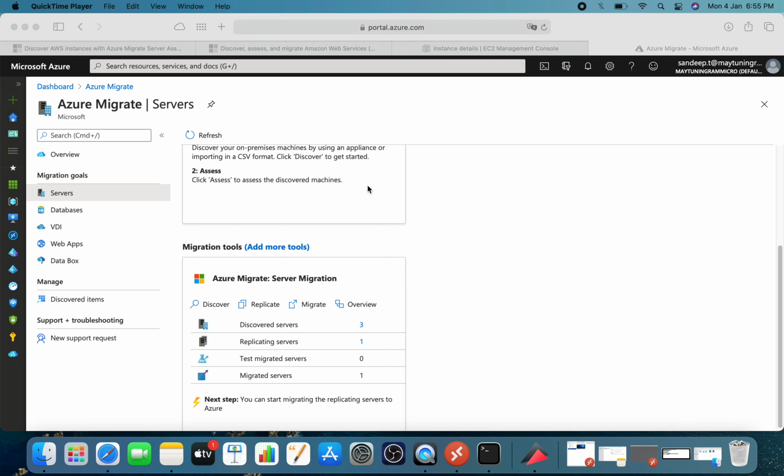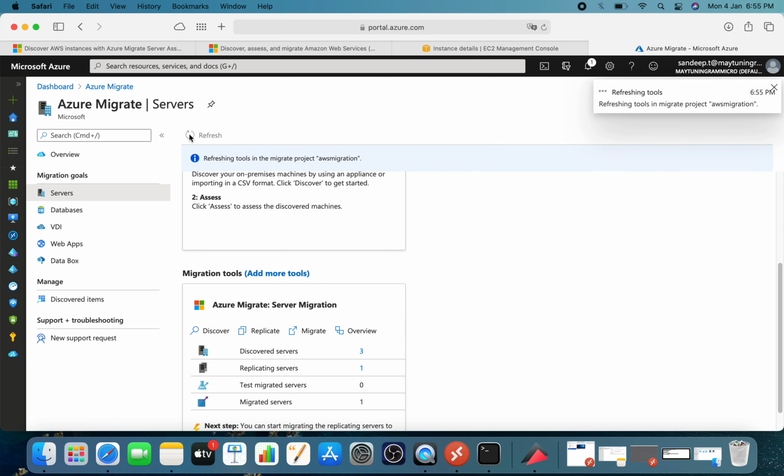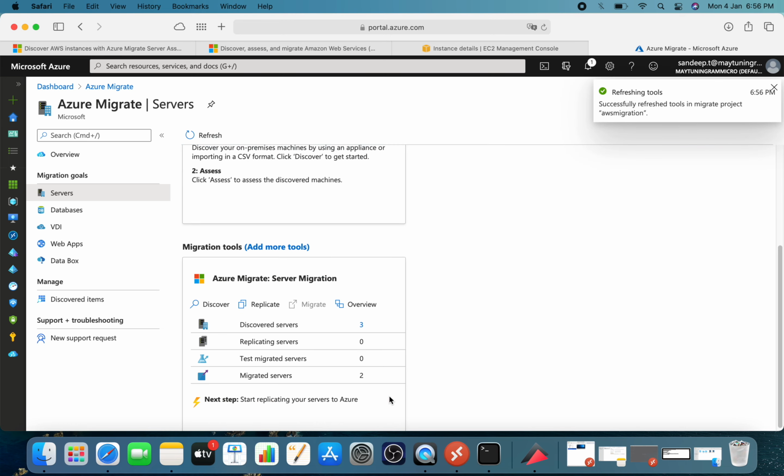Let's refresh the screen. Now you can see we got 2 machines migrated and 0 replicated servers, and a total of 3 machines discovered